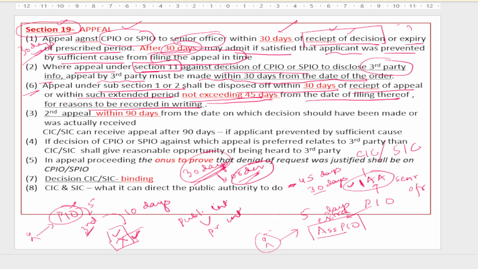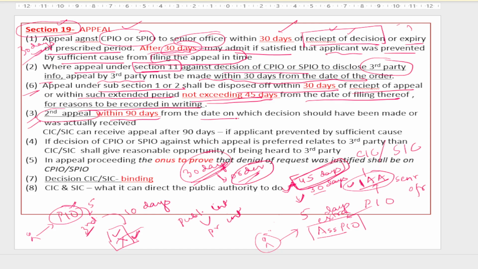If there are sufficient reasons which are recorded in writing, then the appeal can be disposed of within an extended period of 45 days also. Normally the appeal will be disposed of by the first appellate authority within 30 days, but if there are sufficient reasons recorded in writing by the first appellate authority, then the appeal can be disposed of within an extended period of 45 days also. Then subsection 3 of the RTI Act says that the second appeal is to be filed within